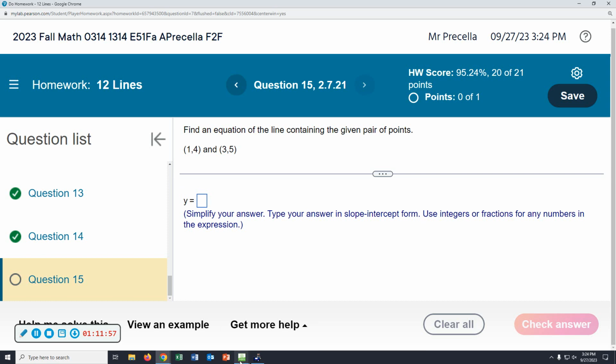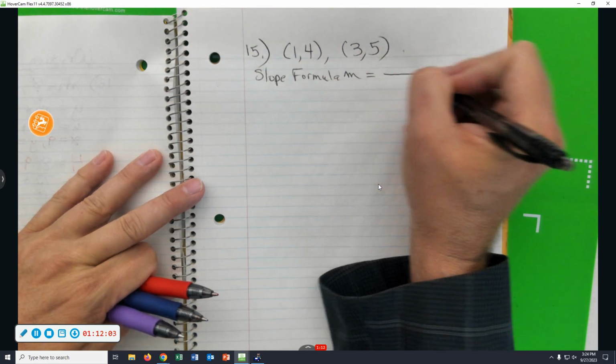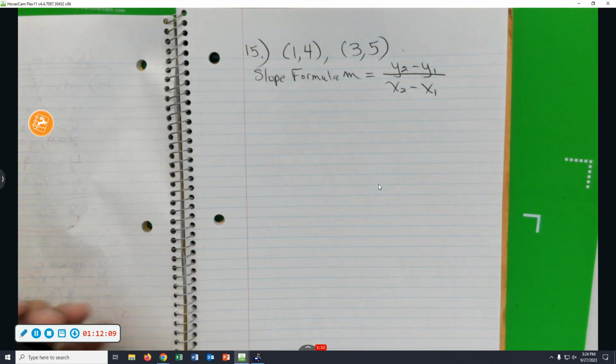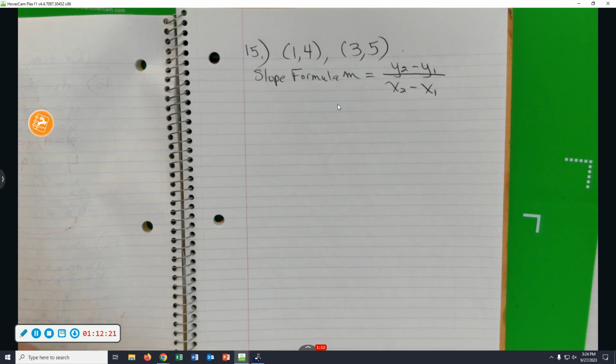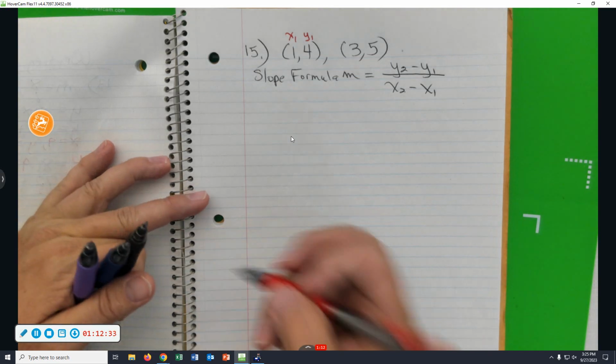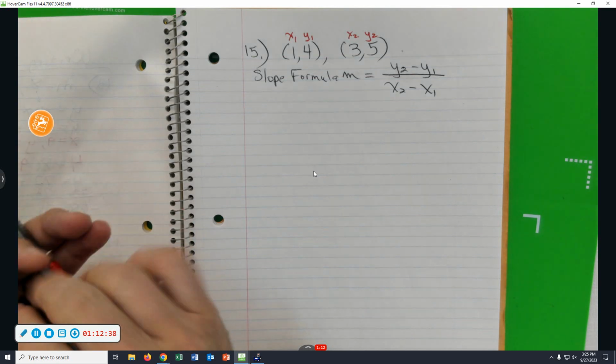The slope formula, let me write it down. So problems 7, 8, 9. That's why I was looking at those. Before we can use y equals mx plus b, we have to find m. The other problems, 13 and 14, gave us that m value. I think 12 did too. But here they didn't give you the m value, but you can find it using the slope formula. There's x1, y1, and here's my second x and my second y. So using that slope formula,